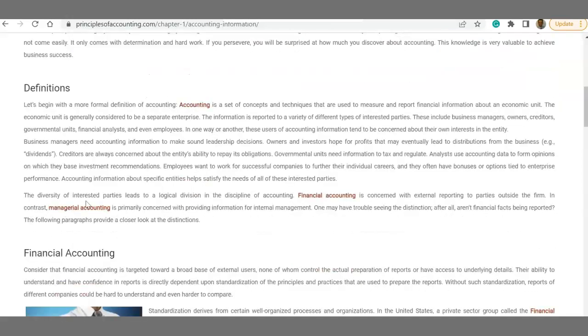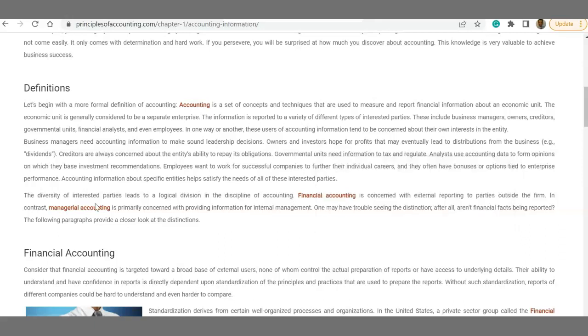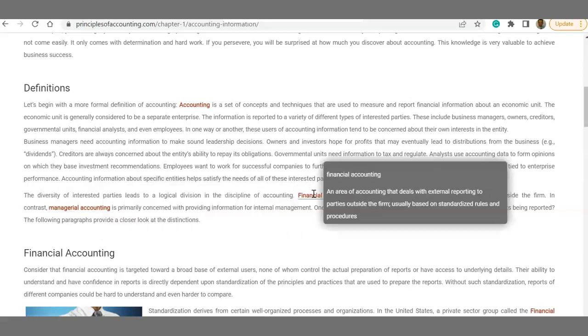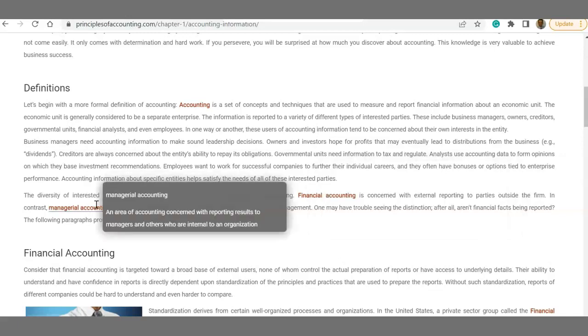So here is the book. There are things that you can just understand the differences between financial accounting and managerial accounting, which is good. So practice those, read those areas to understand the differences. Financial accounting is for reporting to external users, people who are outside the company, investors, creditors. And managerial accounting is mostly focused on reporting to internal users, people who are already working in the company, like managers, and